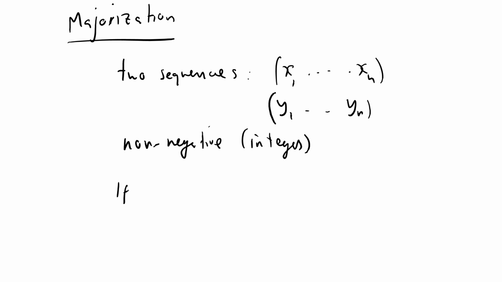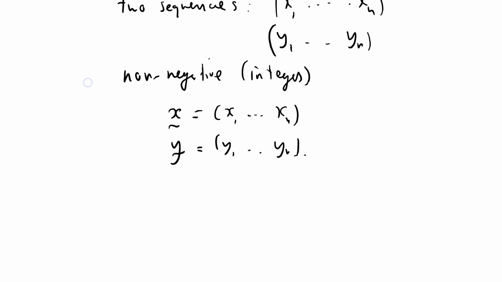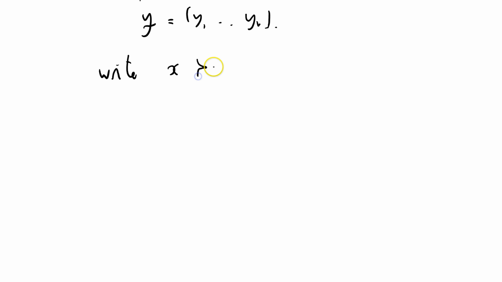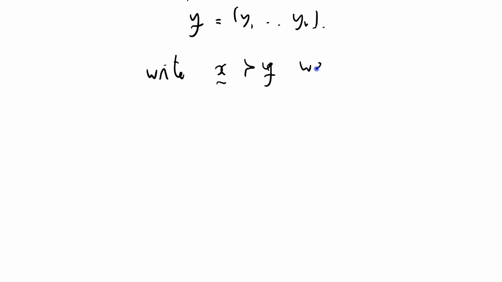We can write x, as the entire sequence x1 to xn, and y, with this kind of underline, equals y1 through yn. Then we write that x majorizes y, that's the whole sequence, and we say that x majorizes y